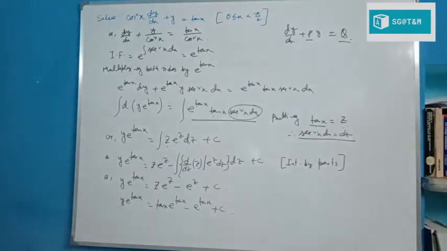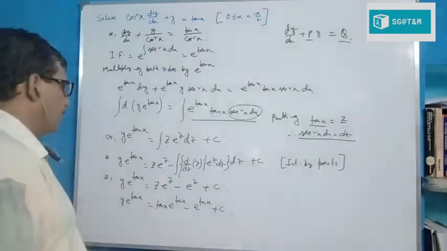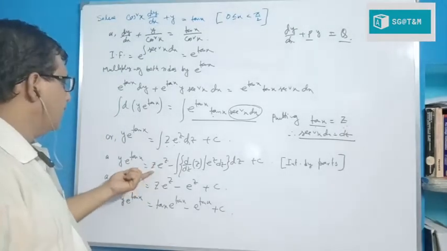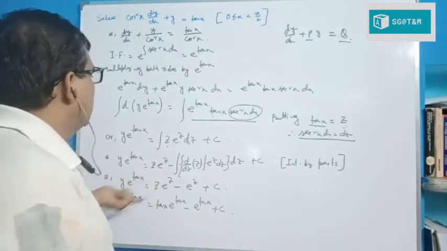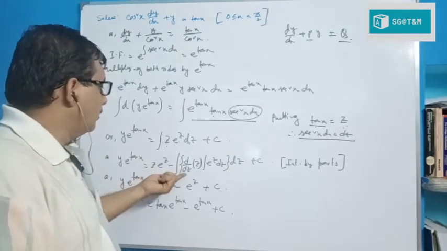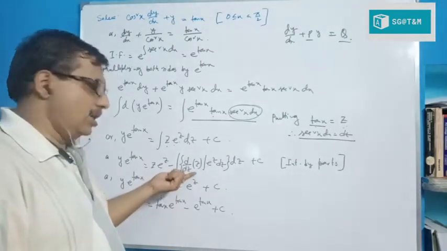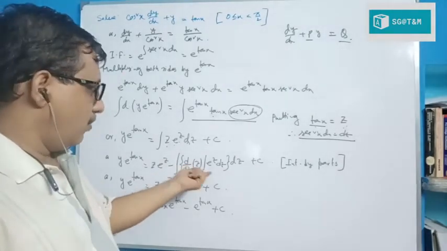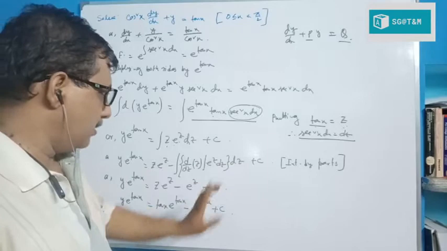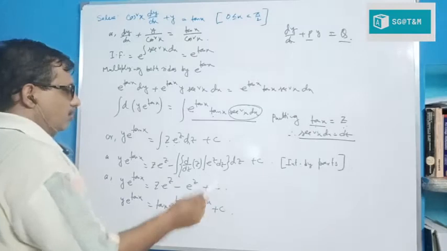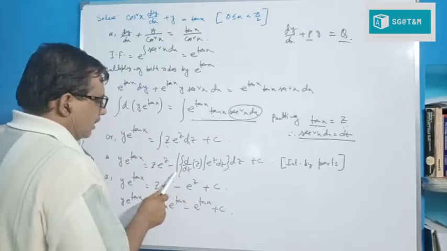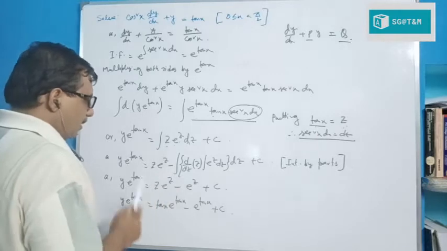This is integration by parts. We have to evaluate this integral by parts, and integration by parts is known to all of you, I think. So the first function remains unchanged, times integration of the second, and integration of e to the power z is e to the power z, minus integral of the differentiation of the first function, that means d/dz of z, times integration of the second, and whole integration dz, plus the constant c. So d/dz of z is 1 and integration of e to the power z is e to the power z again. Now integrating e to the power z, that is e to the power z.